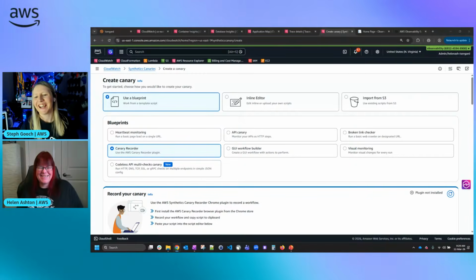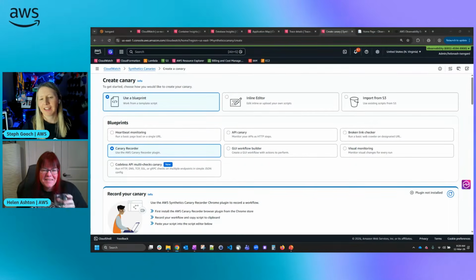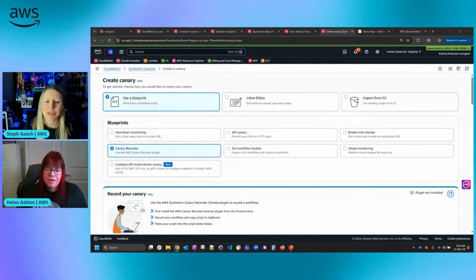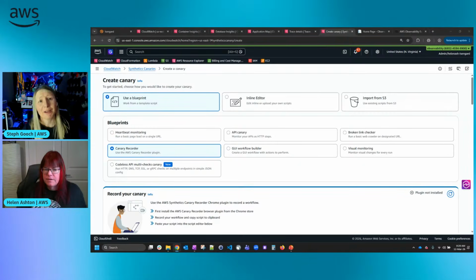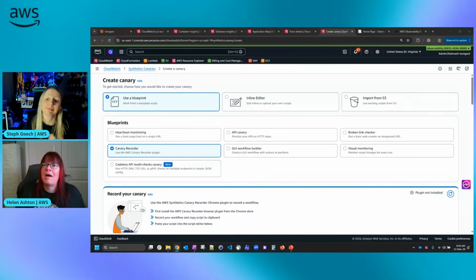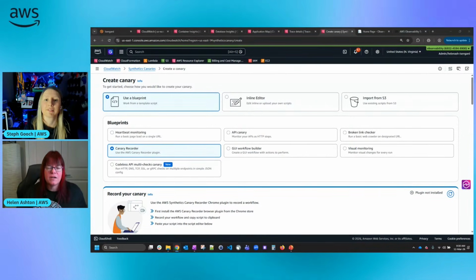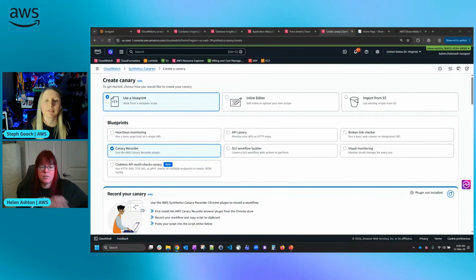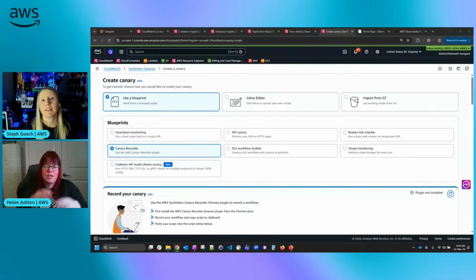I'm assuming that there's an API for canaries, and you can probably deploy them through that. So I'm sure you could, if you wanted to, ask something like an MCP server for CloudWatch. There are several. I believe there's one for Application Signals and one for CloudWatch itself. So if you know what MCP servers are and you're using those, go and have a look at the ones that AWS gives out for that. And this is the thing now, right? There are so many different approaches. You could have Kiro write your infrastructure as code to deploy your canary. So, yes.